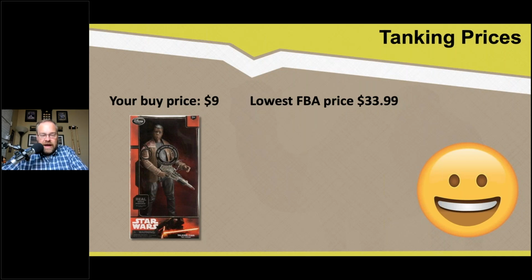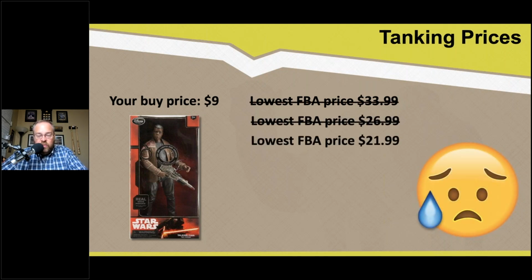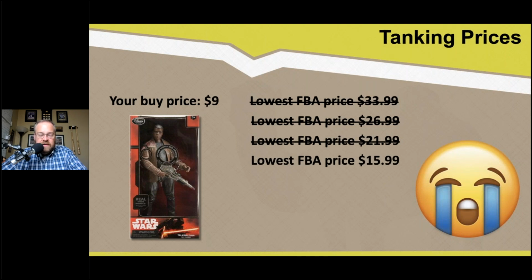You buy this Star Wars action figure for $9. The lowest FBA price is $33.99. Oh no, now the lowest price is $26.99. Now it's $21.99. Now it's $15.99. Again, you're hardly making anything, maybe even taking a loss after Amazon takes their fees out, and you're just really